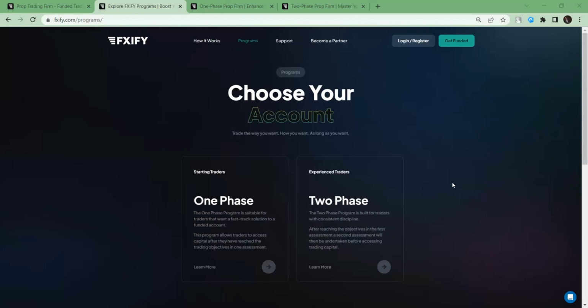So today, I'm going to help you to choose which account size you should choose. But before I show you which account size you should choose, I'll explain each phase in detail so that you can choose for yourself which one is good for you and which one is not good for you. But in the end, I'll also tell you my opinion. So stick to the end of this video and see which phase suits best your needs.